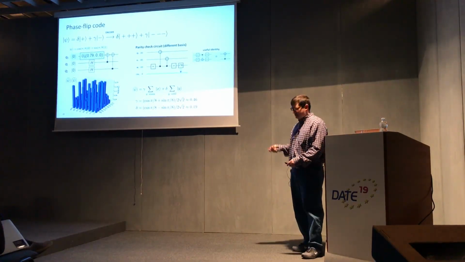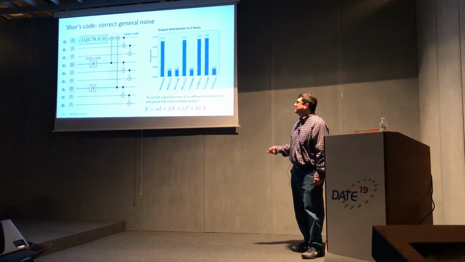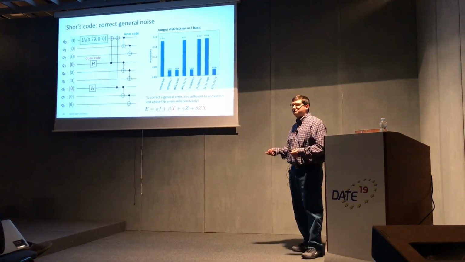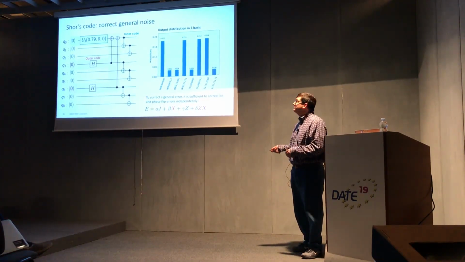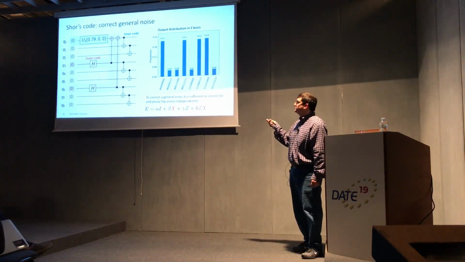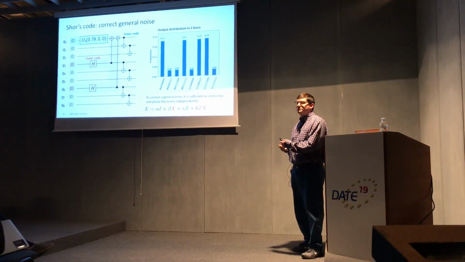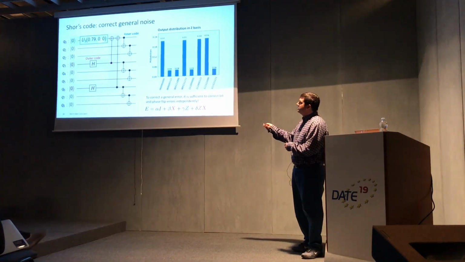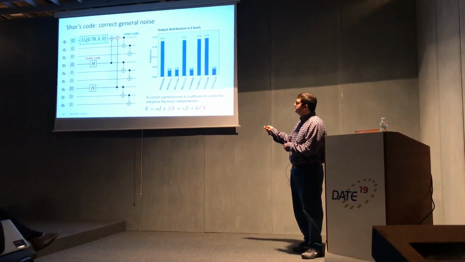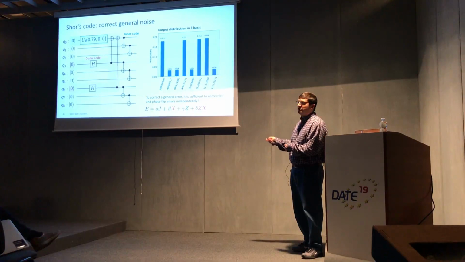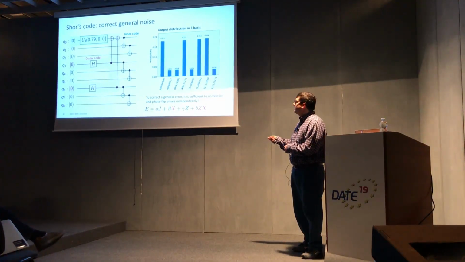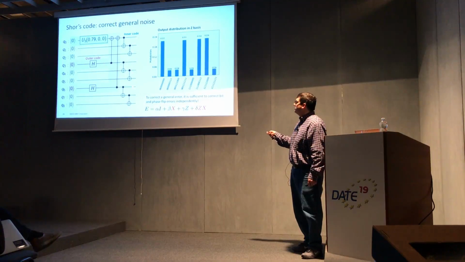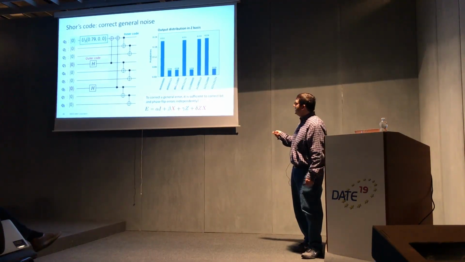Okay, so this code should correct phase flip errors, but how do we correct a more general error? How do we correct any error on one qubit? Well, this is Shor's code, and it's built from these two classical repetition codes. Right, so this encoder here, you begin with the bare qubit. First, you encode it into the outer phase flip code, and then you encode each of those wires into the inner quantum repetition code. And now, you can look at the output of this thing. It's of this form, right? So you can see that it has, if I go up here,